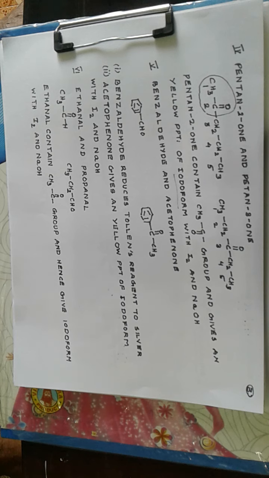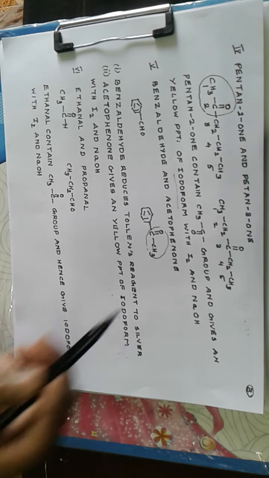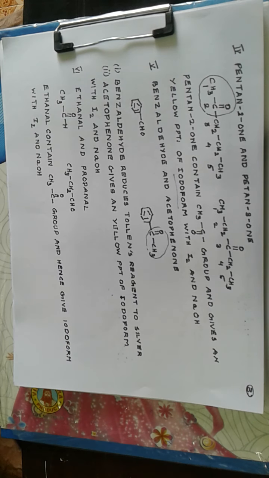Now benzaldehyde and acetophenone. Benzaldehyde can reduce Tollens reagent. I told you earlier that benzaldehyde cannot reduce Fehling's solution. Benzaldehyde reduces Tollens reagent to metallic silver. We observe it as a silver mirror. And for acetophenone there is one specific test, that is the iodoform test. The CH3CO group is present, so with iodine and alkali we get a yellow precipitate of CHI3, that is iodoform,